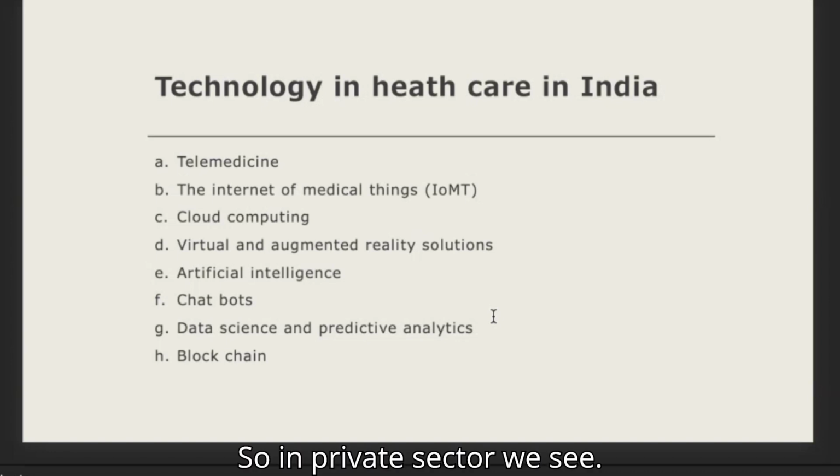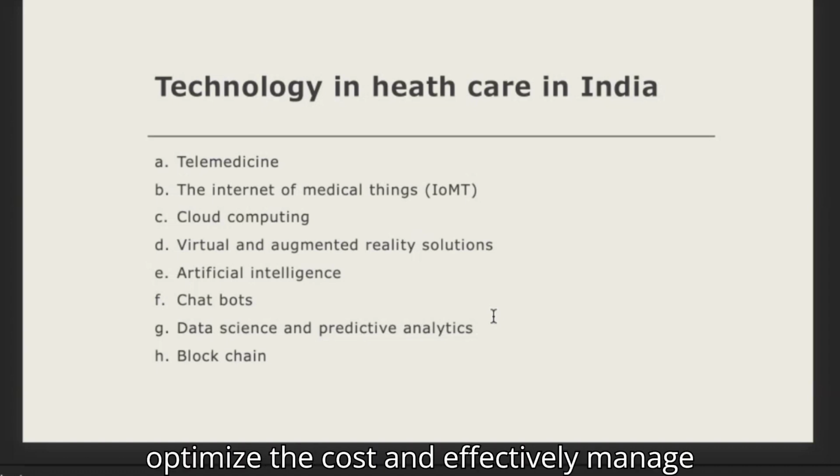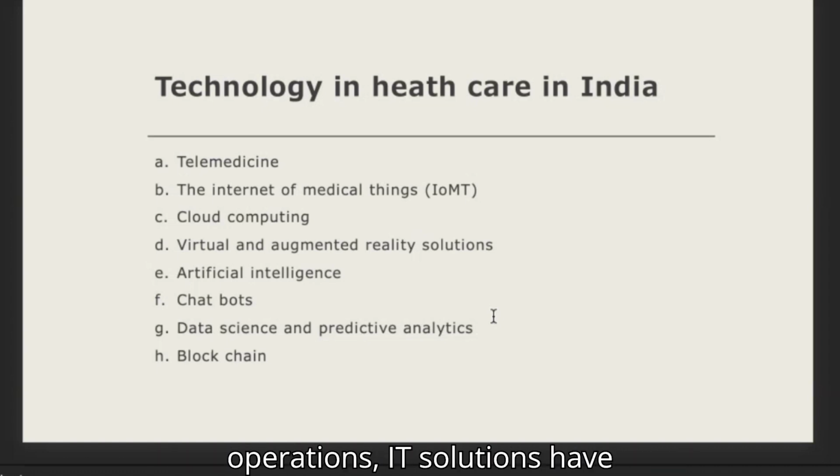So in the private sector, we see more technology adoption in the Indian healthcare segment. To optimize the costs and effectively manage operations, IT solutions have become an integral part of the management process